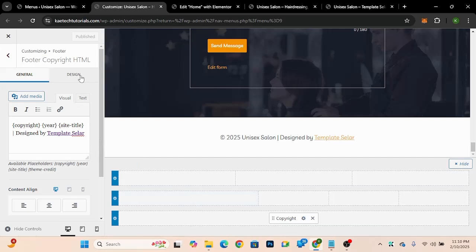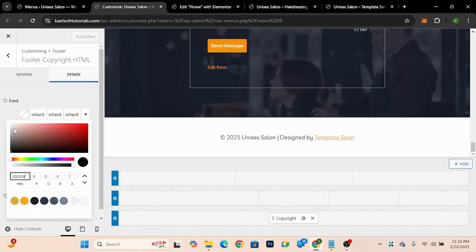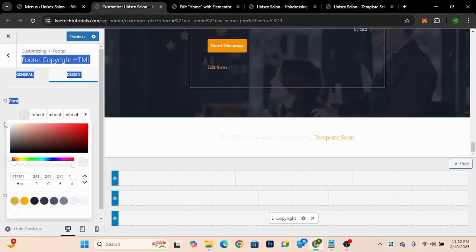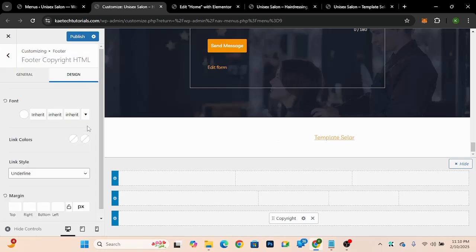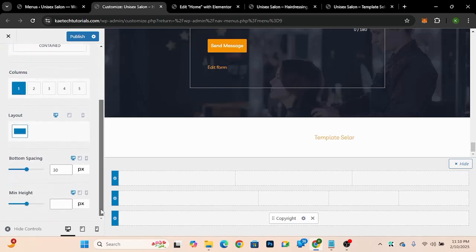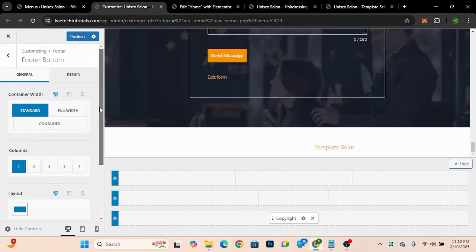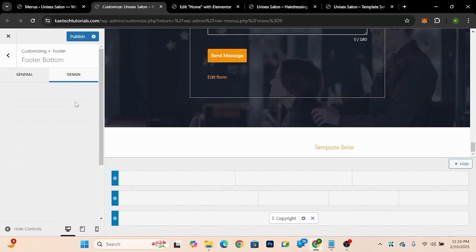And then over here, what I'm going to do is change the color of the font. So I'm going to go over here and then make it white, right? I'm going to make it this particular white, and then the link I'm going to say no underline, and then I'll come to the bottom row over here. I'm going to just remove this bottom space, which is 30 from there, and I'll go to design over here, and